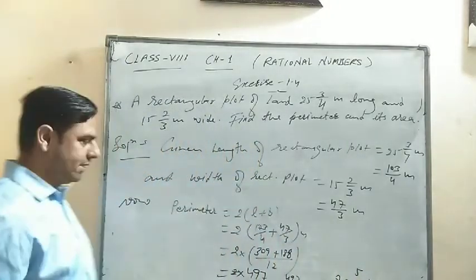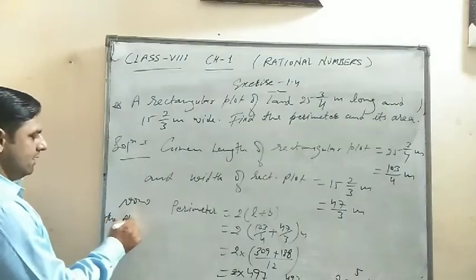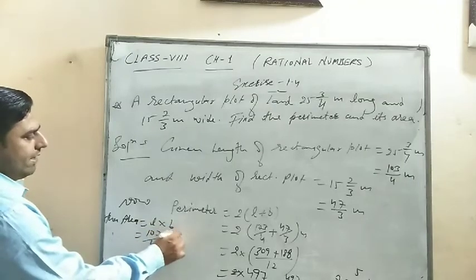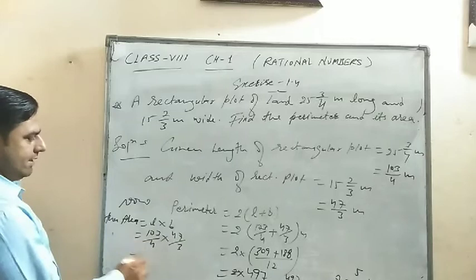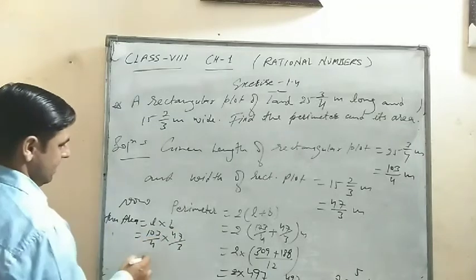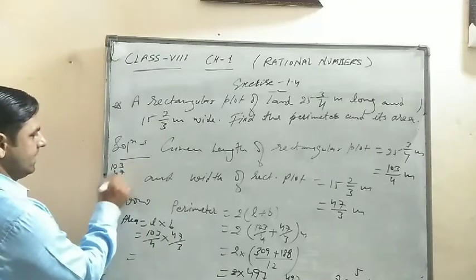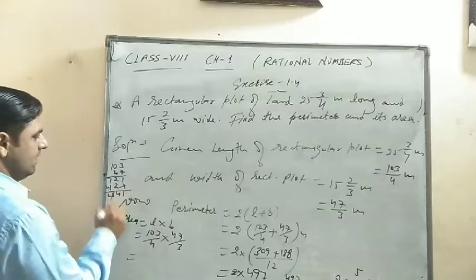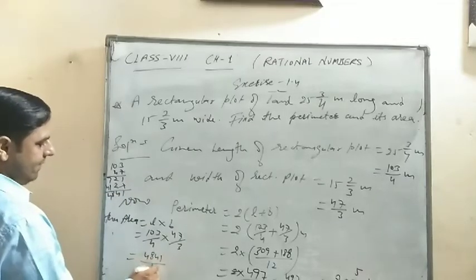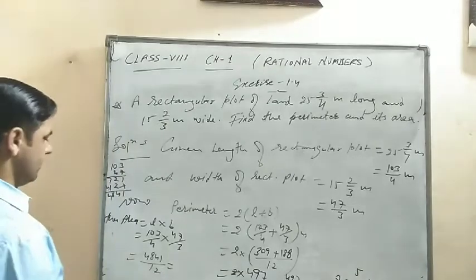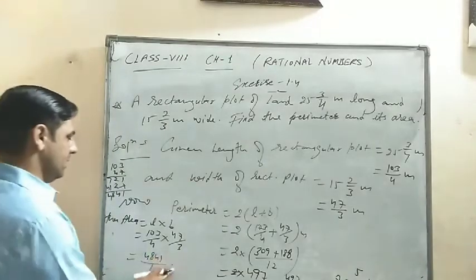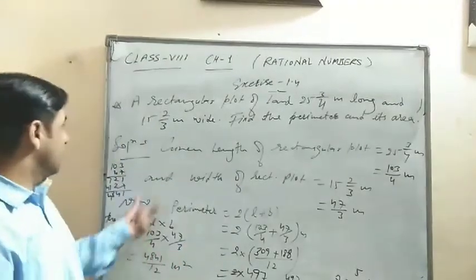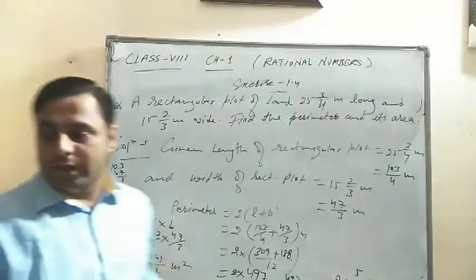It is the perimeter. Then the area is L into B. L is 103 by 4, B is 47 by 3. So the result, if you multiply it, 103 and 47, 21 7, then 12 4. So the result is 4841 divided by 12. So this is the area of this sum. Okay, so next is